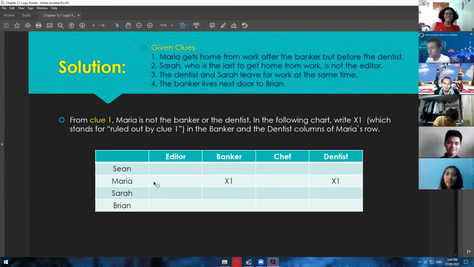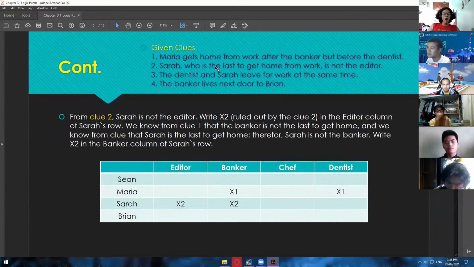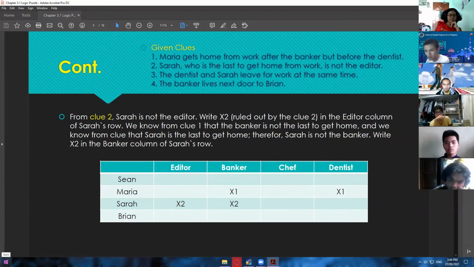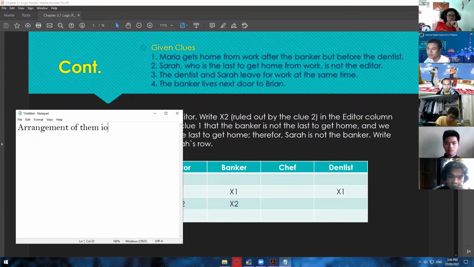Yeah, so here is what we can do with clue number 1. So we have 2 X on our table. Well, moving on, clue number 2. From clue number 2, Sarah, who is the last to get home from work, is not the editor. So since it talks about getting home, and the arrangement to get home, let's write this one, the arrangement